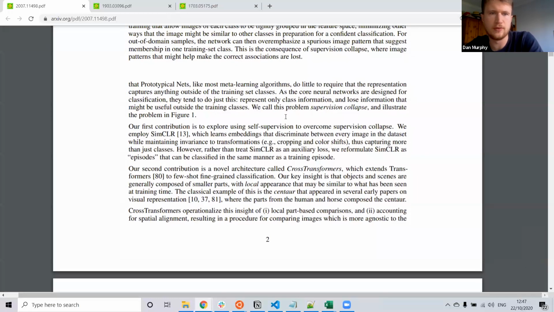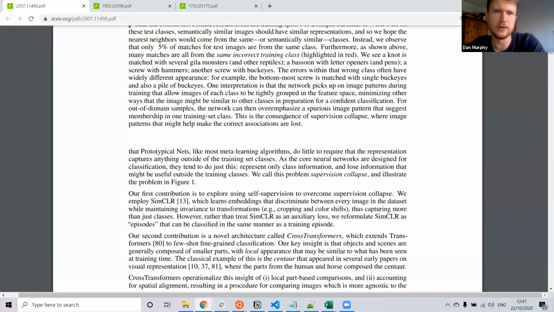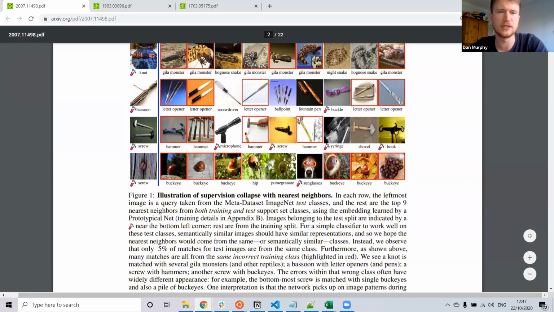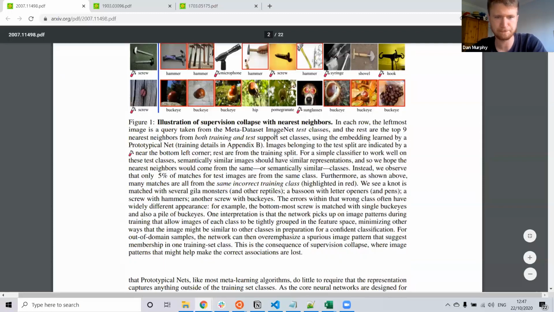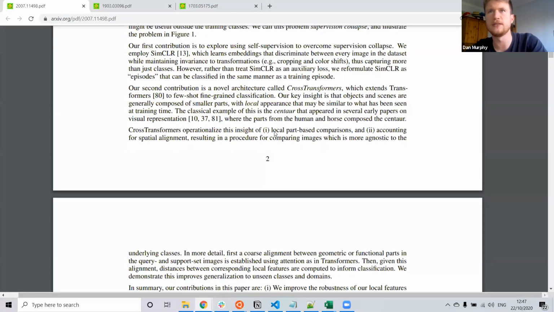Cool. Okay, so that's the problem. And basically, we're not seeing generalization from like actual parts of the image. We're not seeing semantic similarity from the query image to the things that we're classifying it with using a prototypical net. And so to try and solve these two problems, they suggest